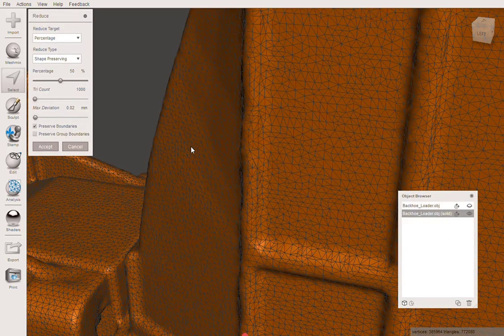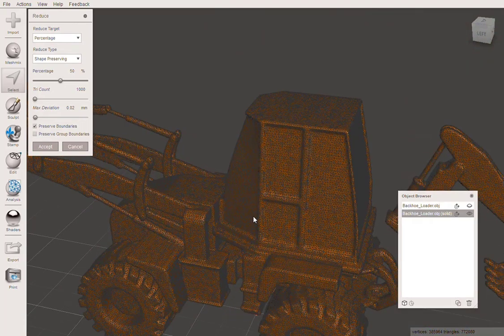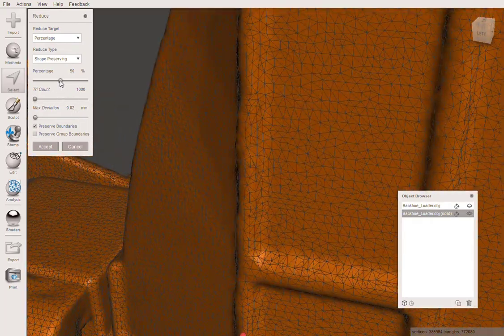and it's got to think about it. This is how many triangles you have. That's a lot of triangles. And now we can see that it's bringing them down somewhat. I'm going to click and drag. See how without that it's having to redo it. That's one of the reasons why I like to do this in batches. Get it down to where it processes a little faster. We'll accept that